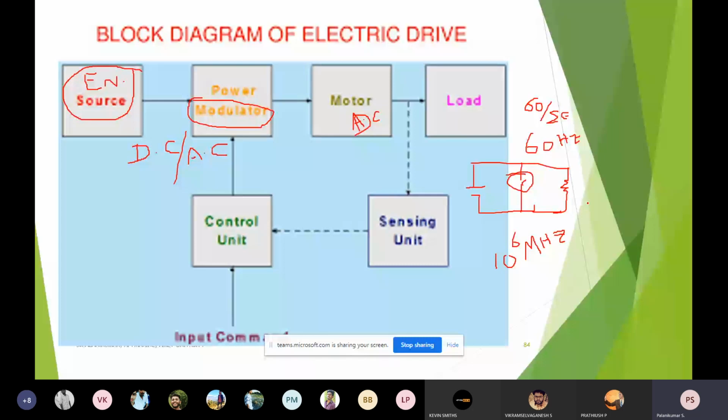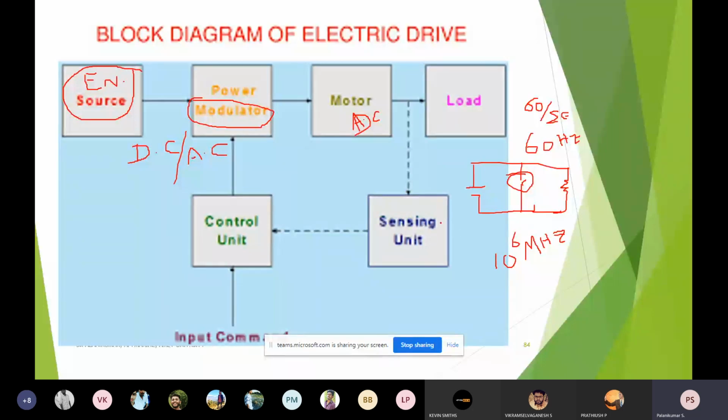So the electronic switches are especially this type: SCR, thyristor, triac, diac. These are all the switches. Among them, the MOSFET-like switches are electronic components, electronic devices, capable of operating at very high frequency. So I am using these particular switches in the power electronic converter.